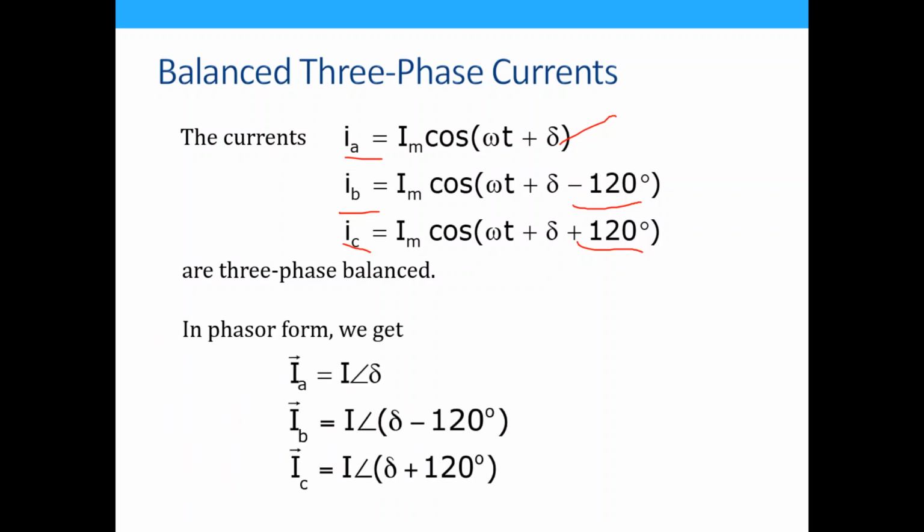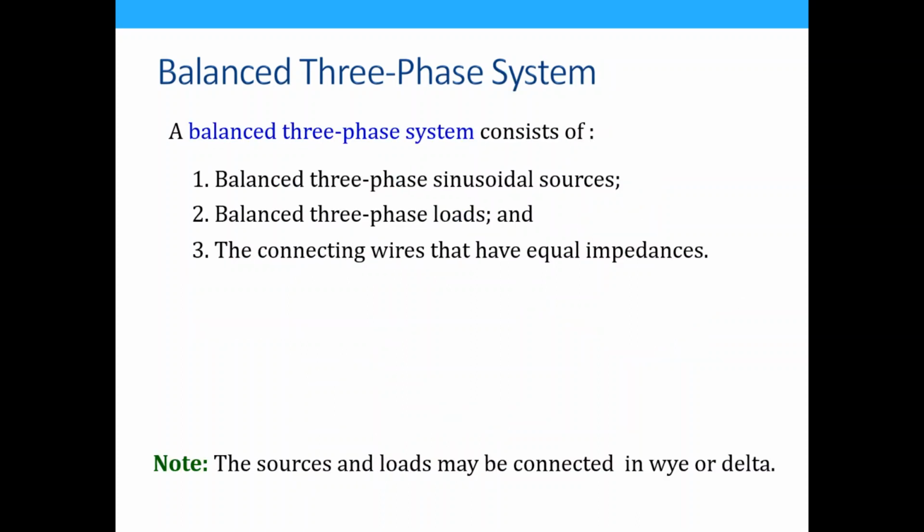In phasor form, it looks like this. Okay. And finally, their phasors, when we plot them, look like this. It just resembles the voltages. All right. So, what constitutes a balanced three-phase system? How do you connect it? A balanced three-phase system basically consists of three parts. A balanced three-phase source, mostly voltage sources, connected to a balanced three-phase load, and the connecting wires must have equal